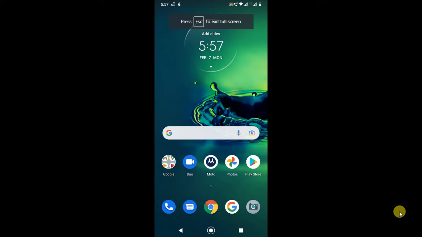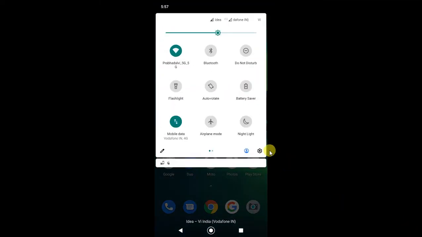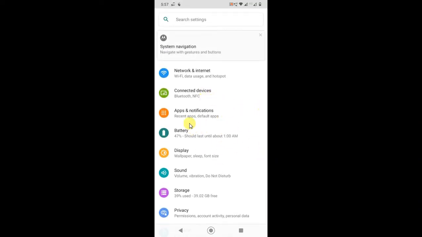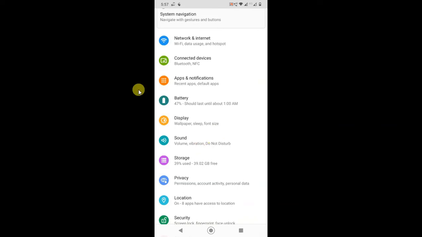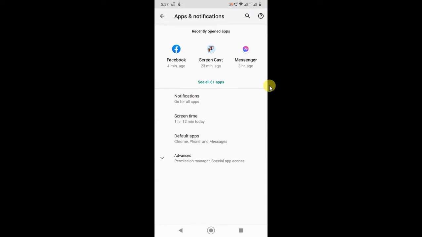So guys, this is my Android screen. So first, go to your Android settings. I'm using a Motorola G8 Plus, and here we will find the notification option or the apps and notification option. So just click on notification or apps and notification. So if you want to set one sound for all app notifications, you can just go to the notification, and